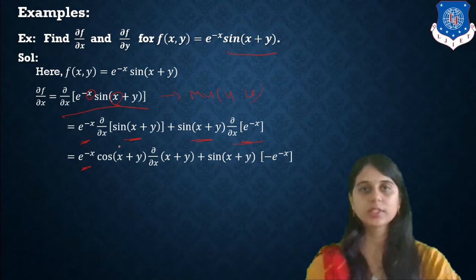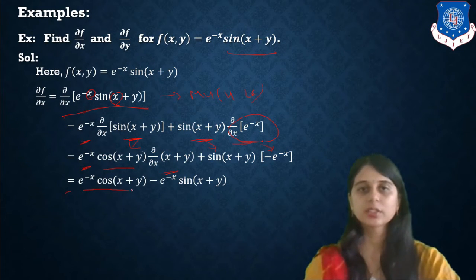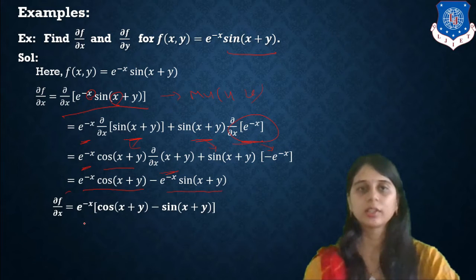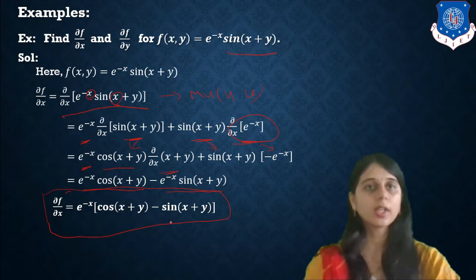So e raised to minus x, d by dx of sin (x plus y) is cos (x plus y), and sin (x plus y) as it is, and del by del x of e raised to minus x is e raised to minus x into minus. So we get e raised to minus x cos (x plus y) minus e raised to minus x sin (x plus y), and the last answer for del f by del x is e raised to minus x, (cos (x plus y) minus sin (x plus y)). Now for del f by del y,